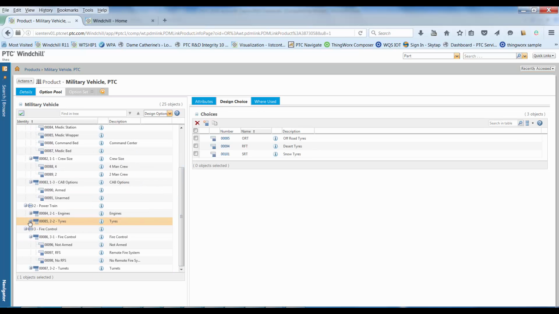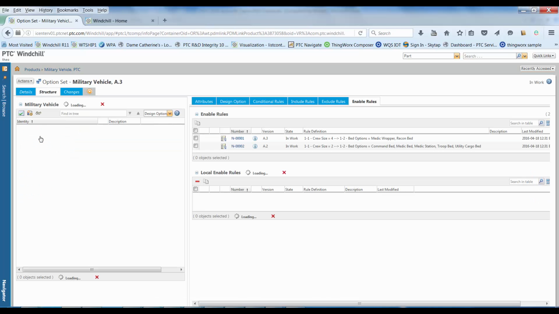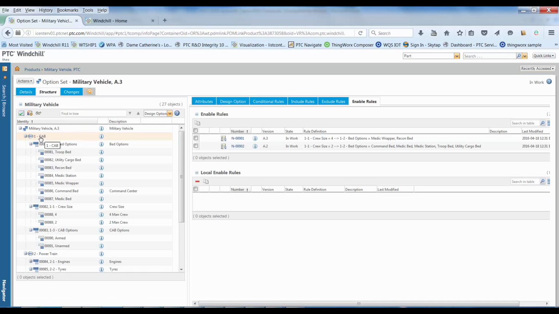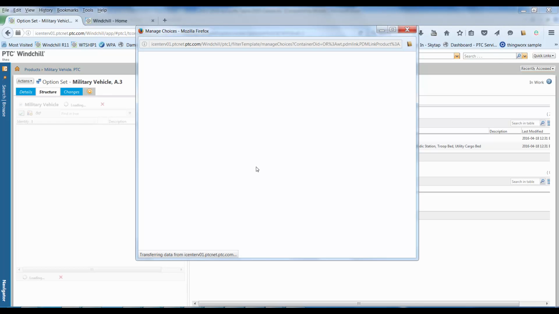I can now see that under tires I now have my extra choice, which is called snow tires. Now the next thing I've got to do is update my option sets. Remember, the option set gives me all the choices that are valid for a particular product. We can manage our options in here within the option set,